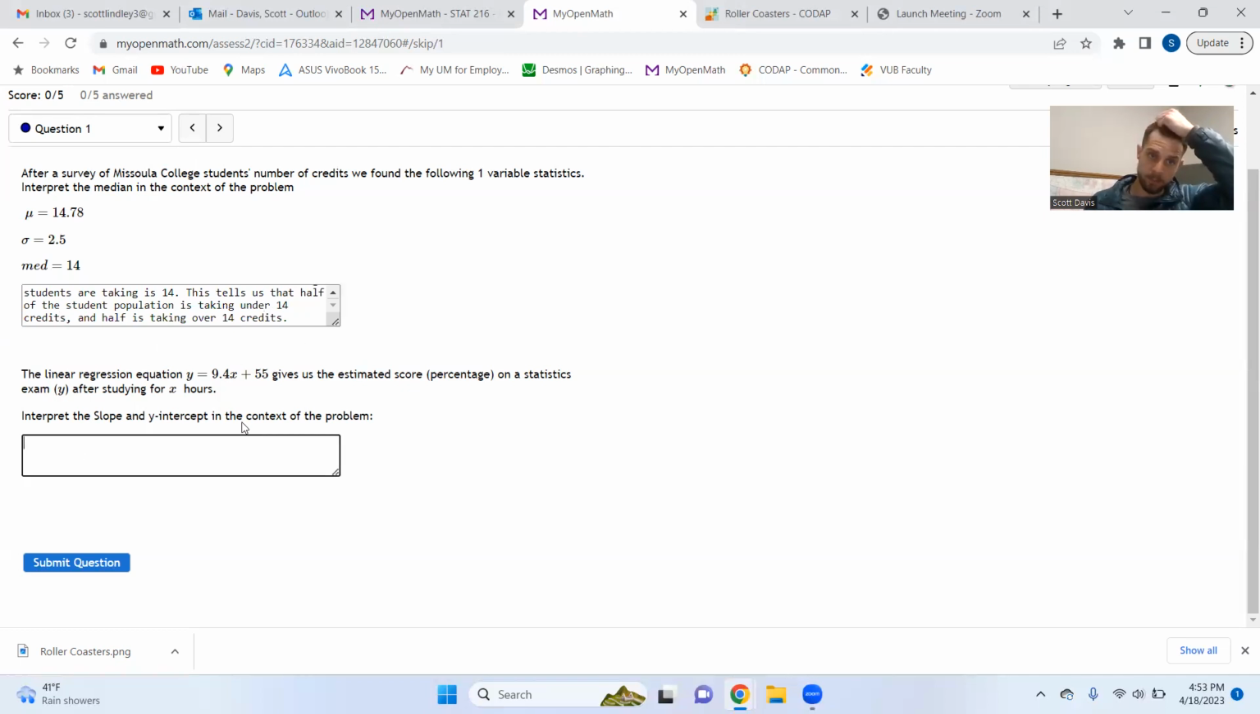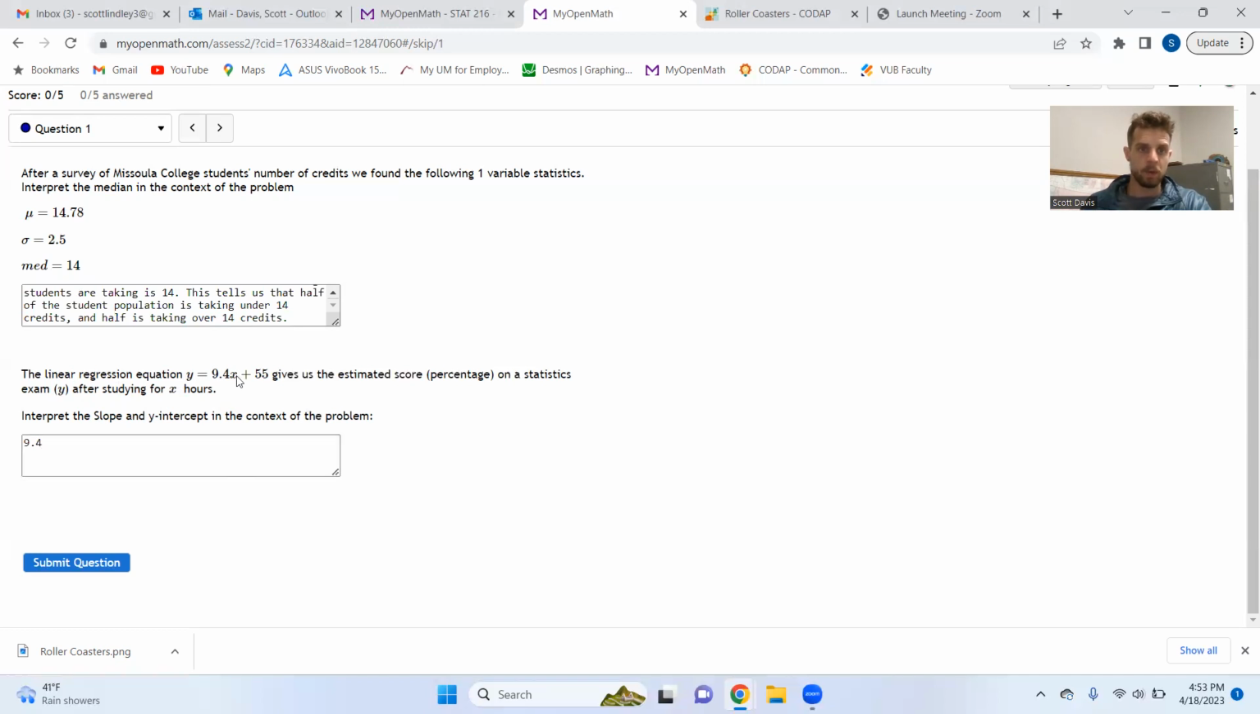So another example, you'll be asked to interpret slope and y-intercept. So identifying the slope and the y-intercept, again, is sort of like the first piece. So the slope in this question would be 9.4 and our units. So since the percentage is our y value, our dependent variable,